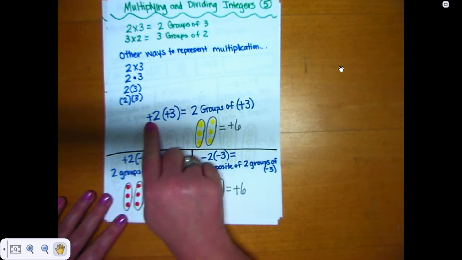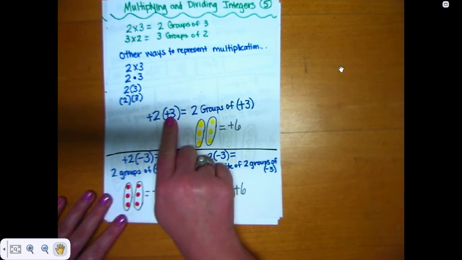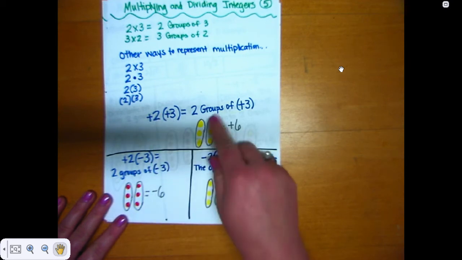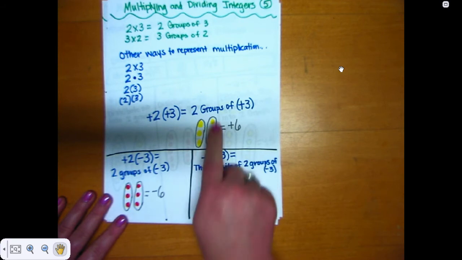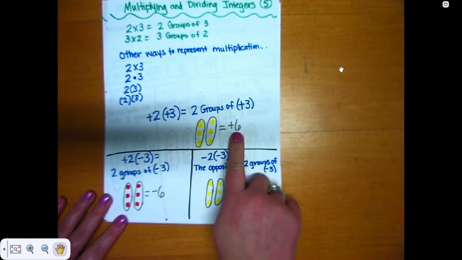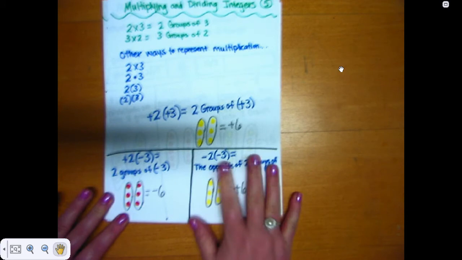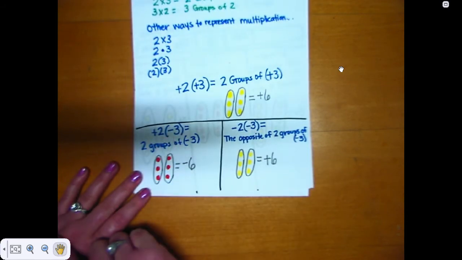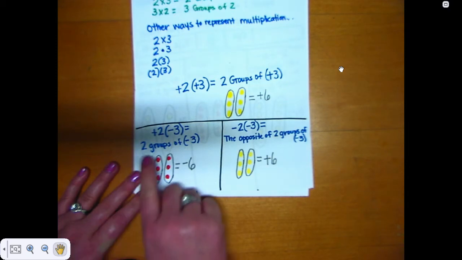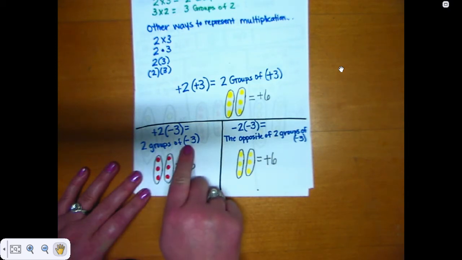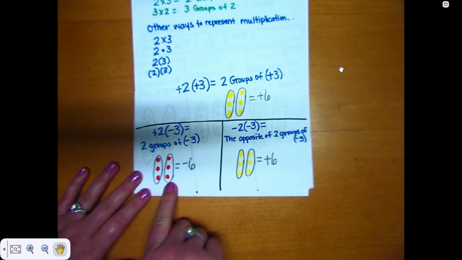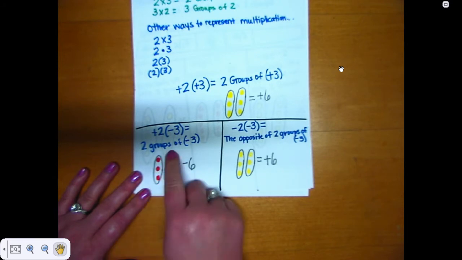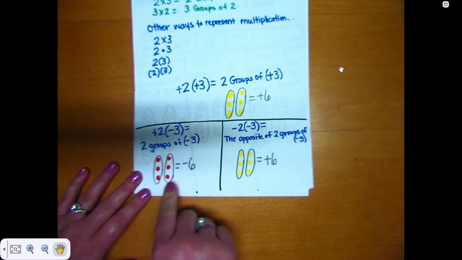If we had positive 2 times positive 3, that meant two groups of positive 3. So we drew two groups and we put positive 3 in both of them, and we got positive 6. Then we modeled positive 2 times negative 3, and we said, well, that means two groups of negative 3. So we drew two groups and we put negative 3 in both of those groups, and we ended up with